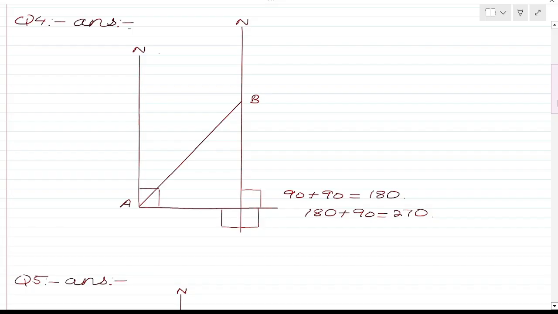So after drawing 45 degrees, we know that the distance of A and B will be 10 kilometers. So the line will be extended until 10 centimeters because kilometers cannot be drawn to scale. And after that, we will then choose a point. We will say that that point is B, and we are going to extend the north line as well as